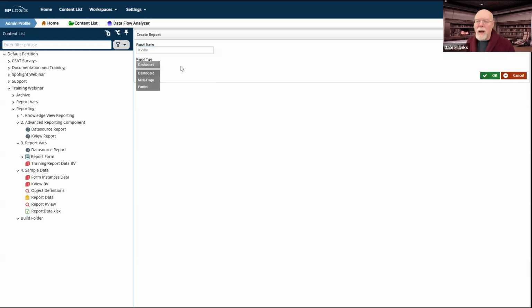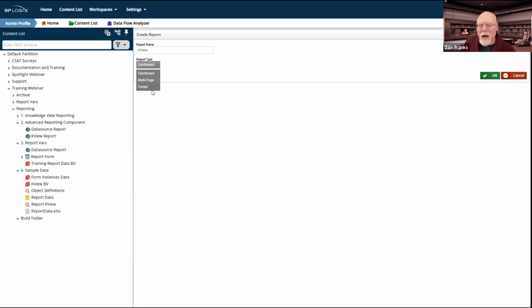Now, the report types define what the size of the report page is going to be. And for different uses, we're going to have different types. So a dashboard report is going to be a little bit different than a portlet report, but the dashboard and the portlet report is smaller.